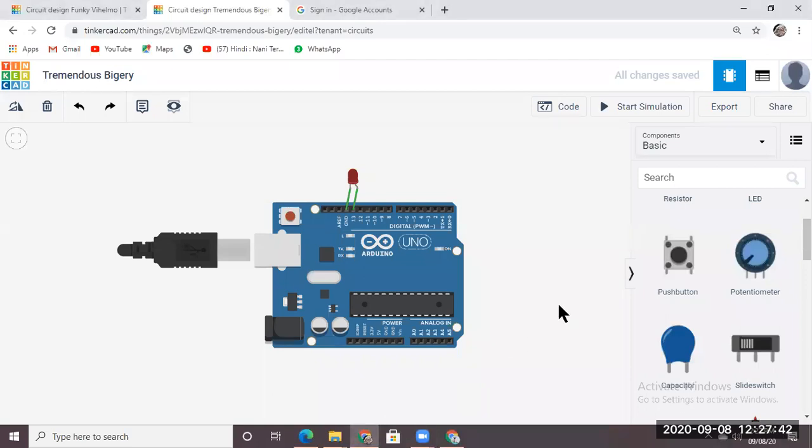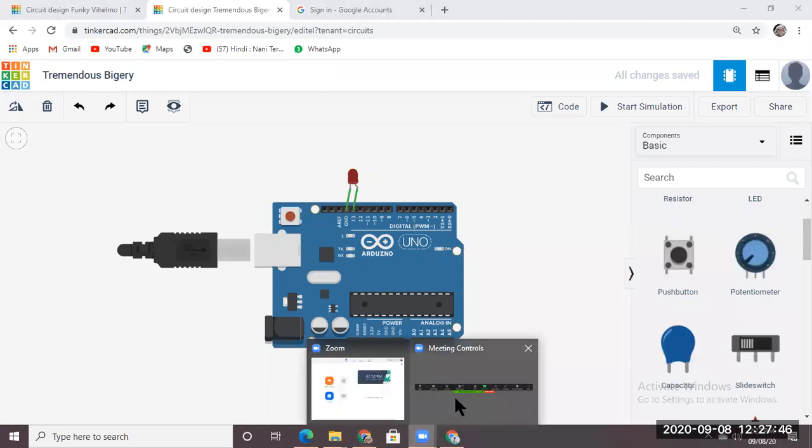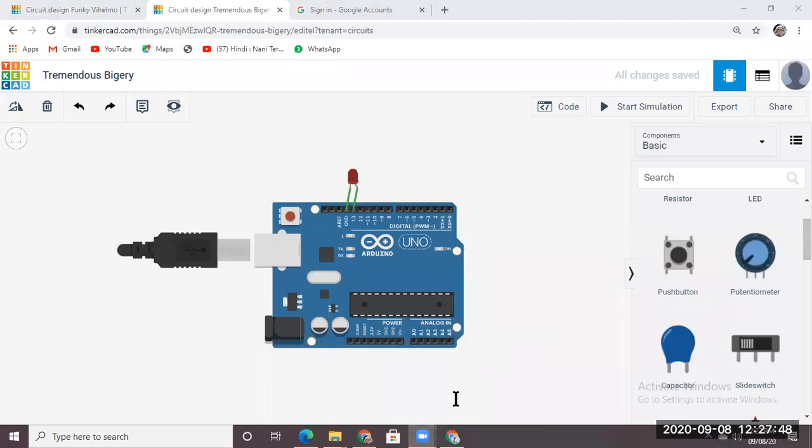Okay, I'll start from the beginning. Just write in the chat box, have you opened that Arduino board? Wait for the code, I am not telling the code yet. Have you opened that link, the Tinkercad one? No? Okay, I will send the link again.